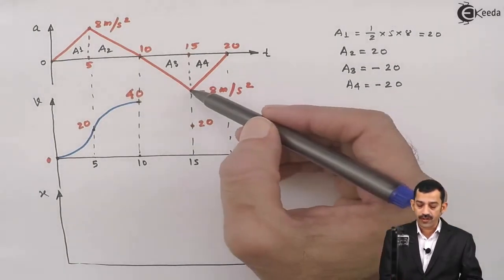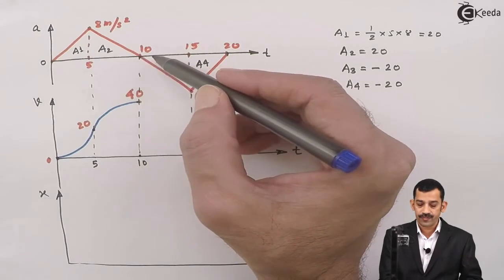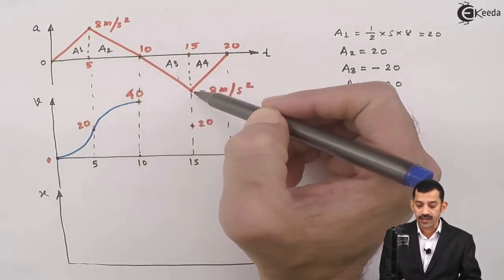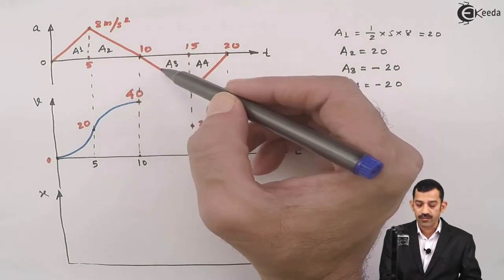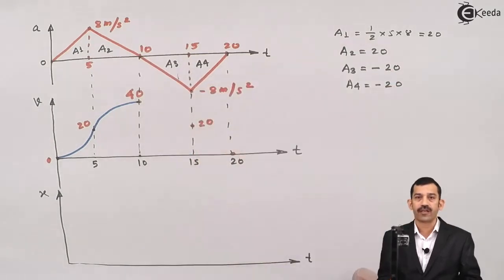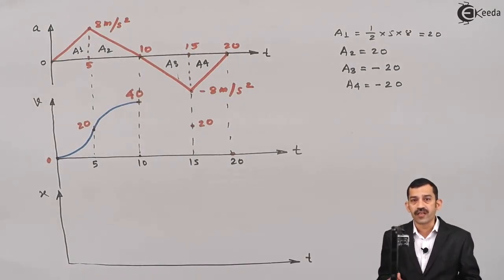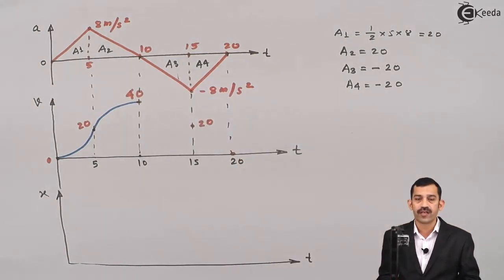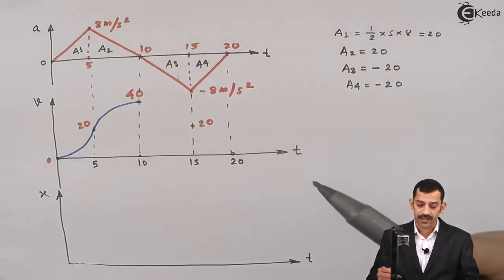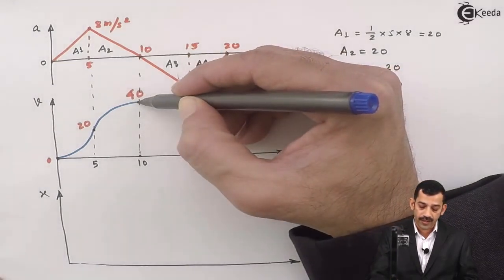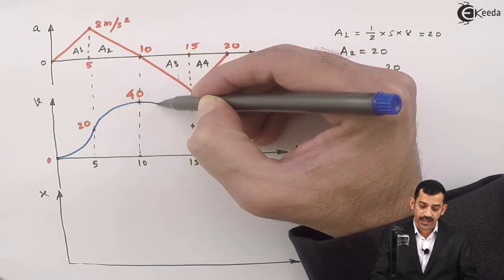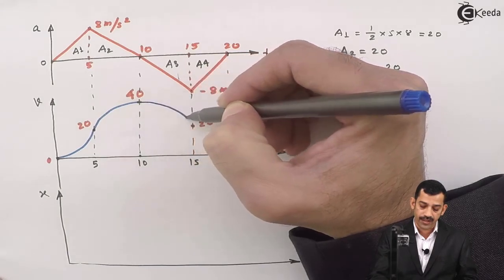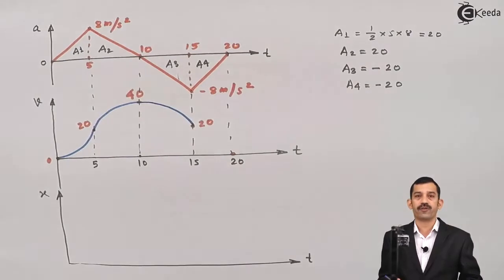Next time interval is 10 to 15 seconds. In this one, if you concentrate on the acceleration, it is 0, then it increases in negative direction and becomes -8. That means 0, -1, -2, -3, -4 and finally -8. What does it represent? Acceleration is increasing in negative direction. Now in the VT diagram we will represent a curve such that the slope of the VT diagram must increase in negative direction. Therefore, we will get a curve something like this, again parabolic, such that the slope of this curve increases in negative direction.